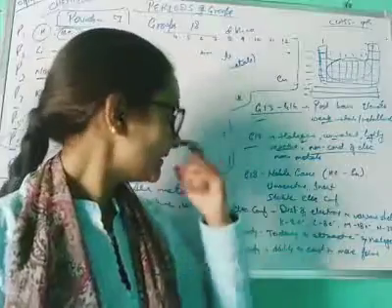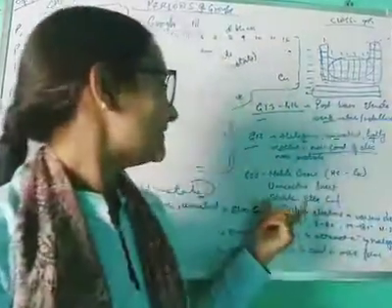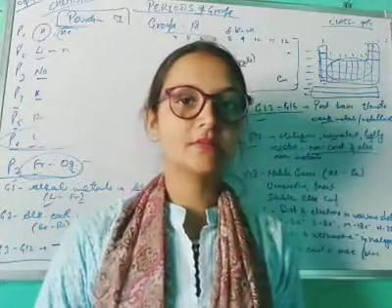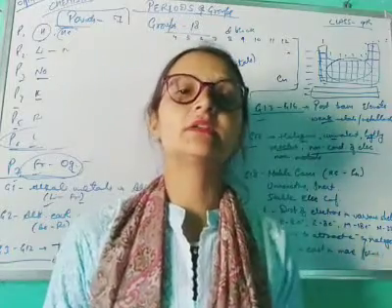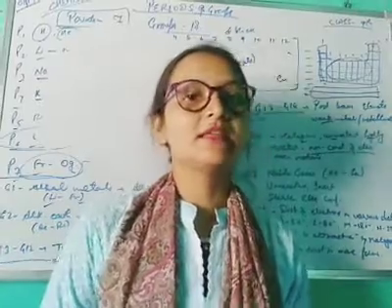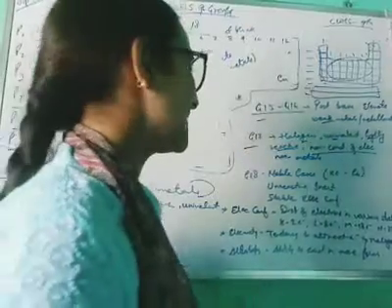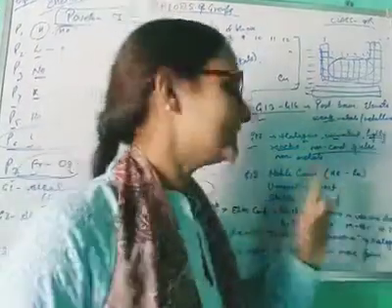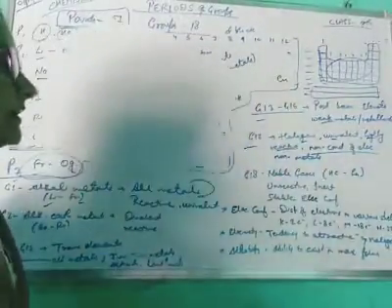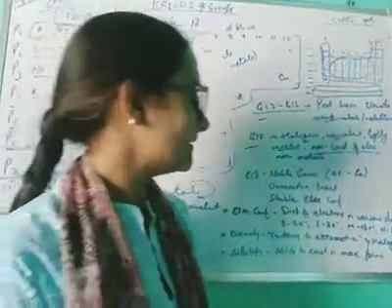After that there are noble gases, group 18: helium, neon, argon, krypton, xenon, radon. They are unreactive. They do not react with anyone. They are inert in nature. Why? Because noble gases have a complete octet. Their electronic configuration is complete. They are completely stabilized, so they do not react with any element. So group 18 is completely gases and they are inert. So this was about the elements and their properties.